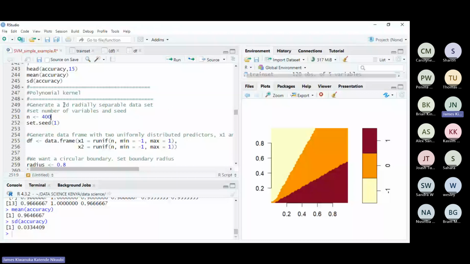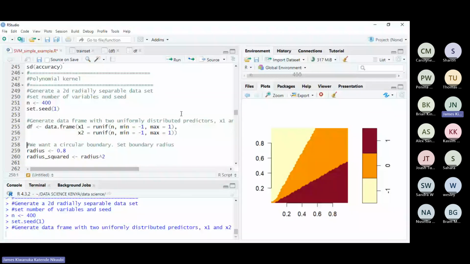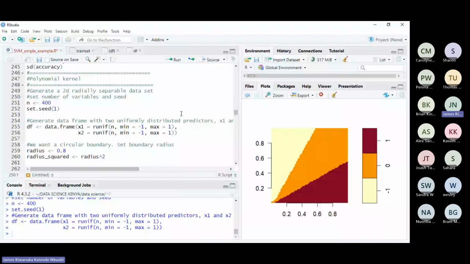So we shall set the boundary to be a polynomial. We need to generate about 400 points, pairs of points. So that's what I've done, and put them in a data frame. We have two variables, x1 and x2. Each of them has 100 measurements